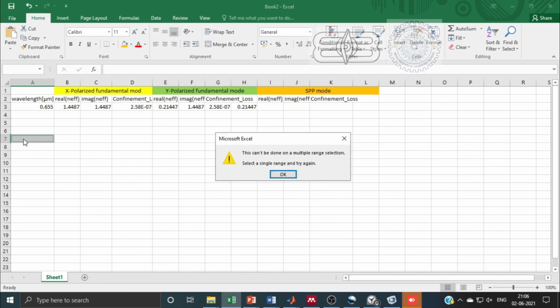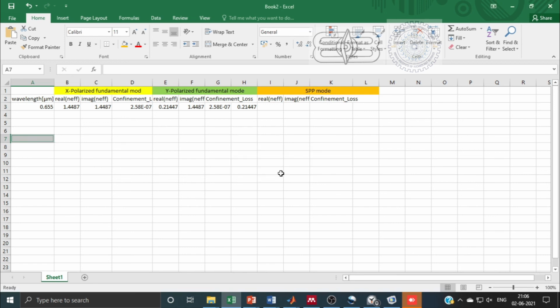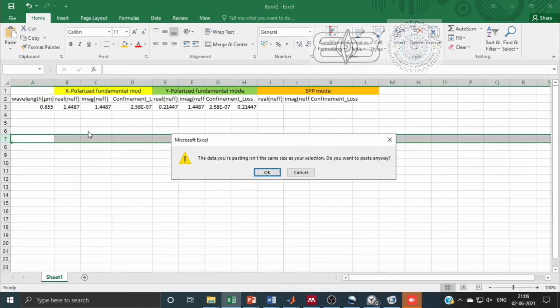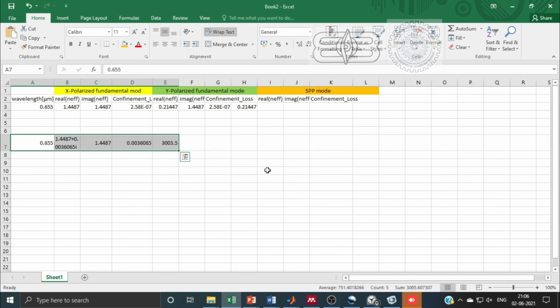But since it includes the resonant wavelength also, from here I will take only these 1.44 and the real part, imaginary part and confinement loss. Although there is no need of confinement loss calculation for SPP.